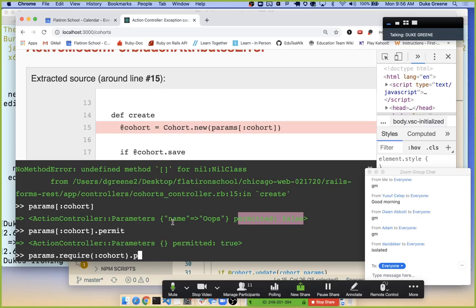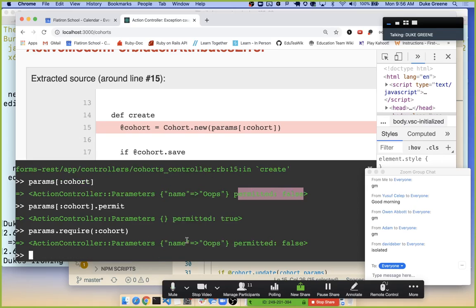And if I just say params.require(:cohort), it gives me this object, right? Same as if I had done this, but I can chain on with the dot require in a way that I can't chain on with this. So if I chain on to require and I use permit, I can permit specific keys that I want. So if I say permit name,